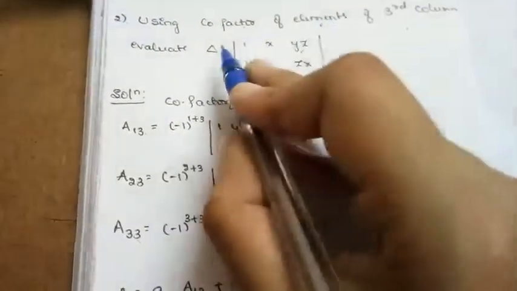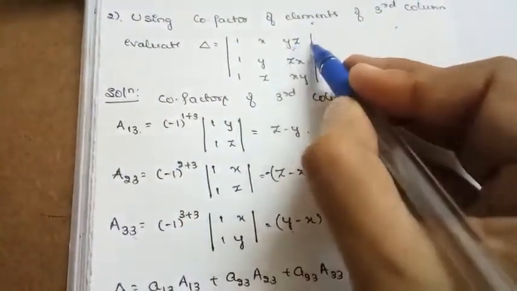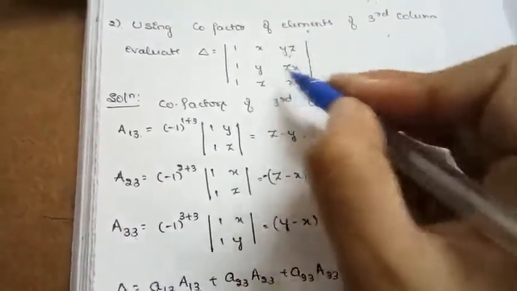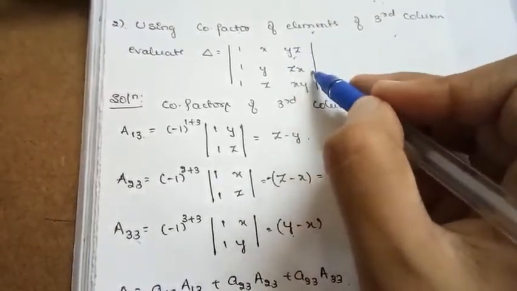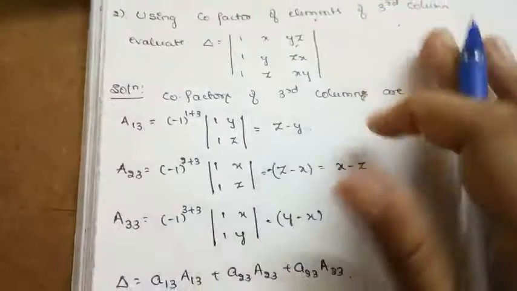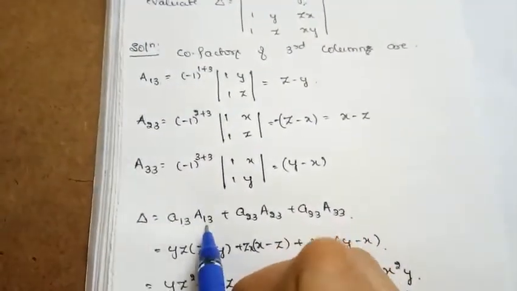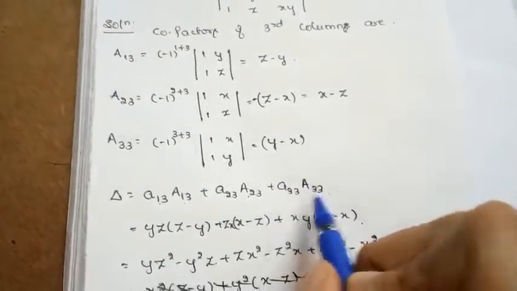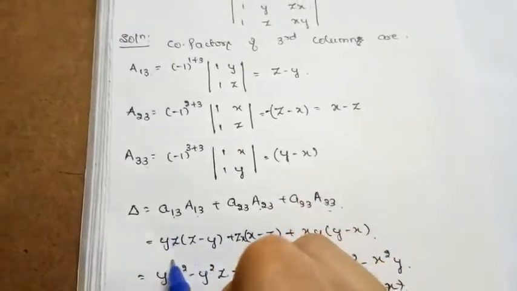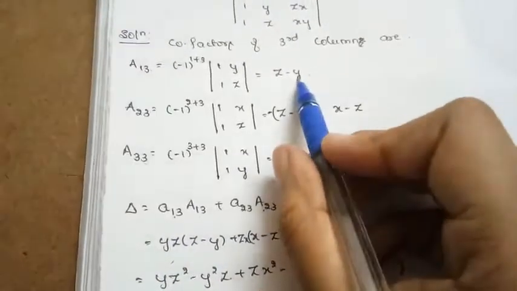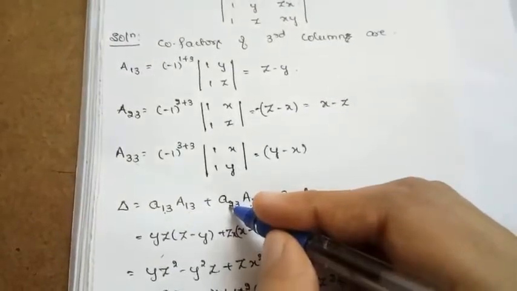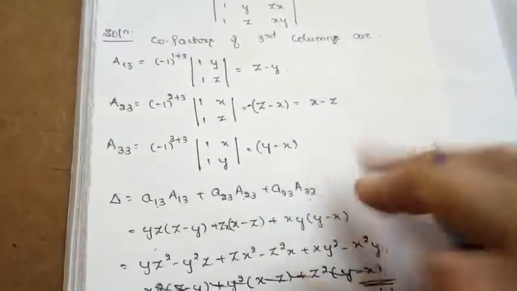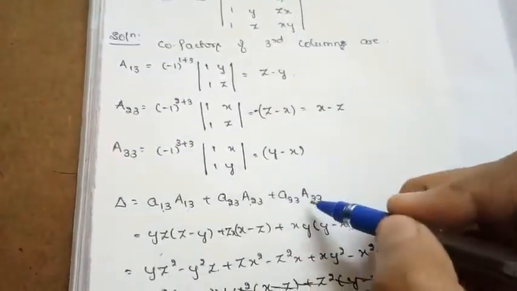So how are we going to get the determinant value? Elements of the third column into the cofactors of the third column. If we multiply each element with the cofactor of that corresponding element and take the sum, we are going to get the determinant value. So that is nothing but a13 into capital A13, a23 into capital A23, a33 into capital A33. So a13 is yz, and capital A13 is the value which we have got, z minus y. a23 is zx, and capital A23 is x minus z, and a33 is xy, capital A33 is y